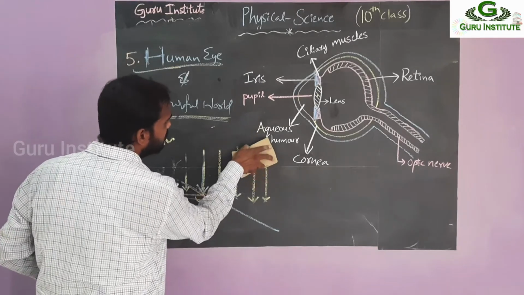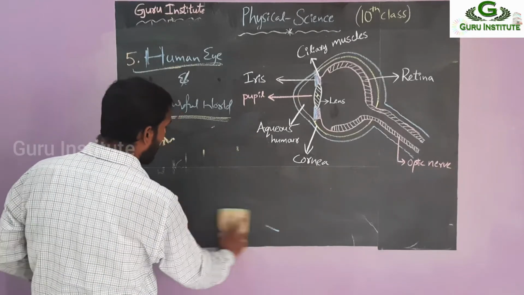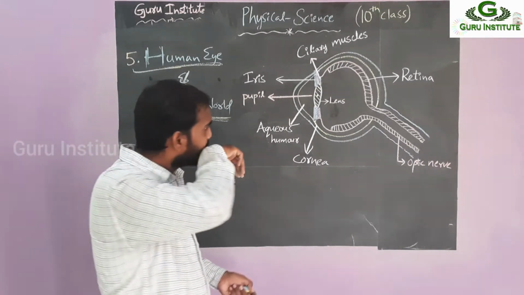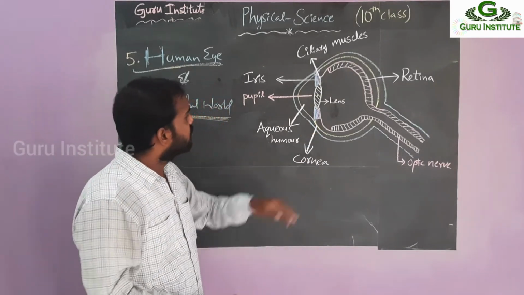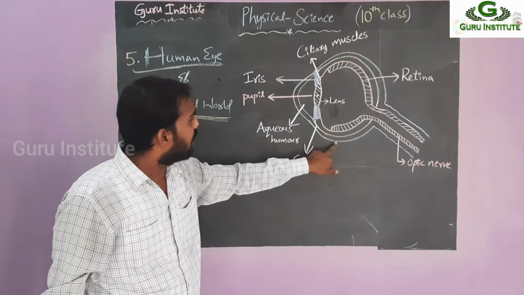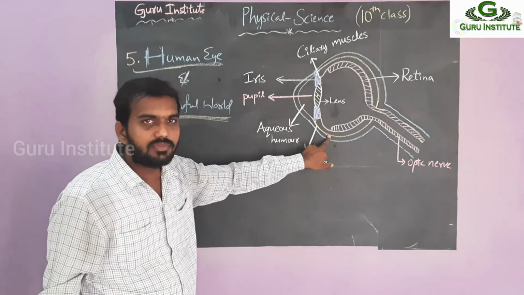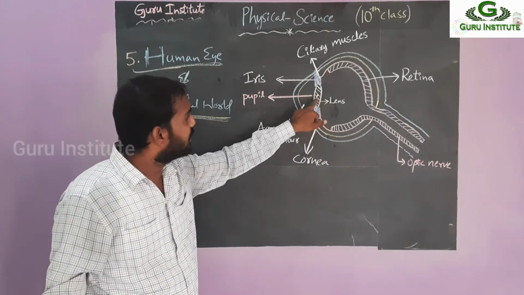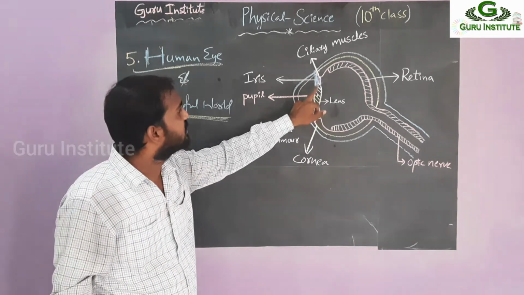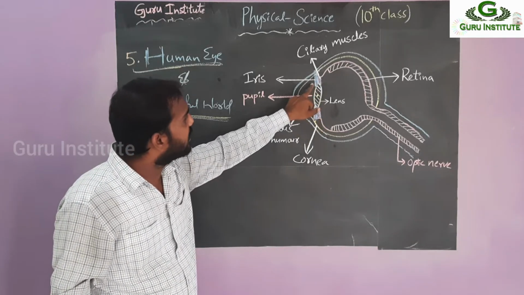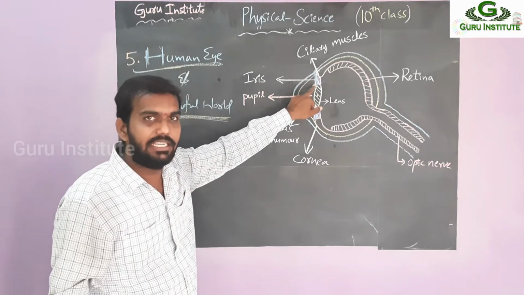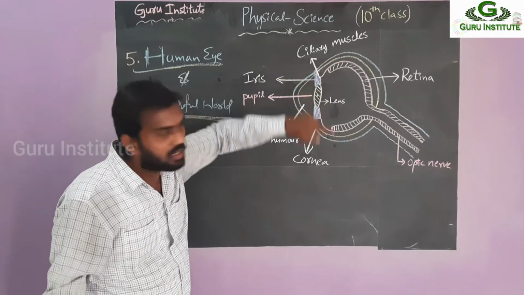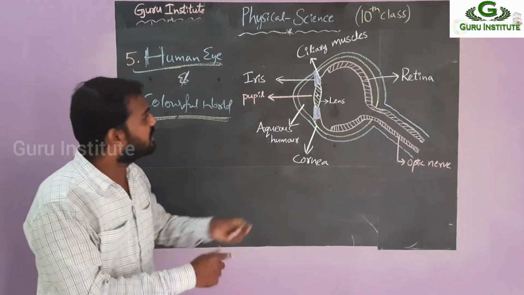So just simply see here. This is our beautiful picture of our human eye. It contains some parts. This is the outer layer, and this one is called the cornea. This is our eye lens. Then the middle part is called the pupil. Next, the eye lens is covered by a part called the iris, and the eye lens is fixed in between some muscles. These muscles are called ciliary muscles.